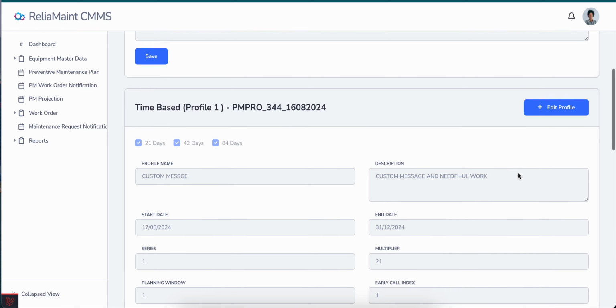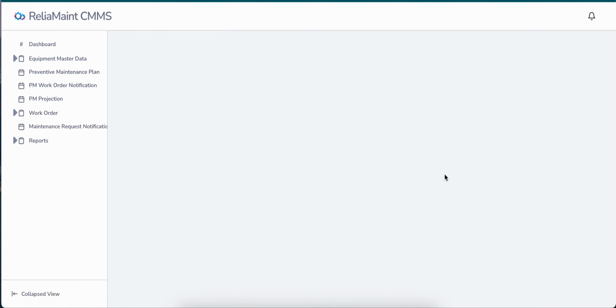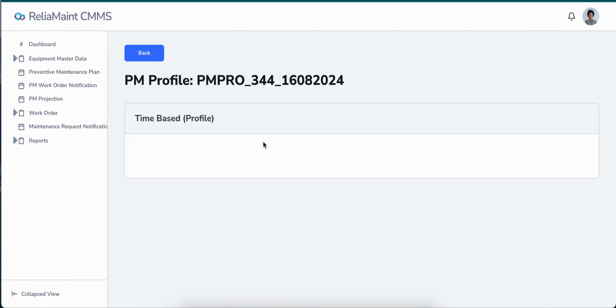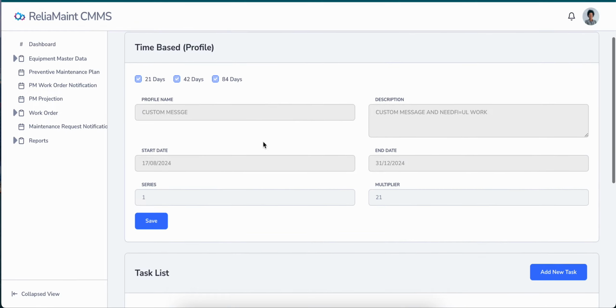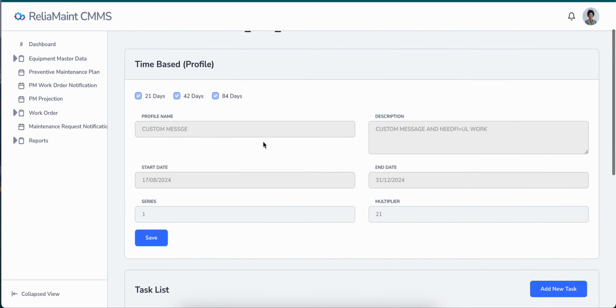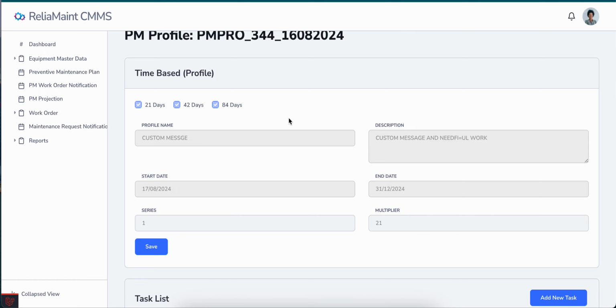And if you want to see what the checkpoints are against each of these frequencies, you can see down. The frequencies are 21, 42, and 84 days.